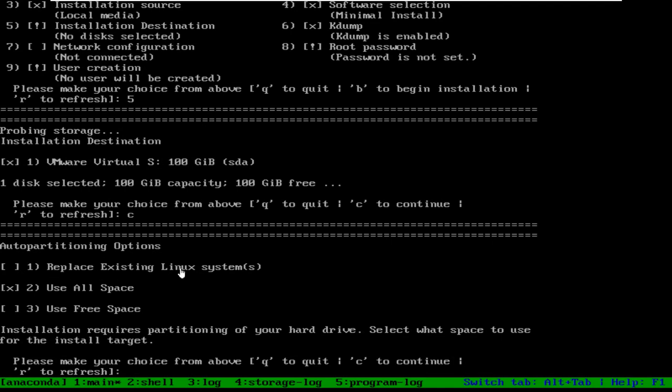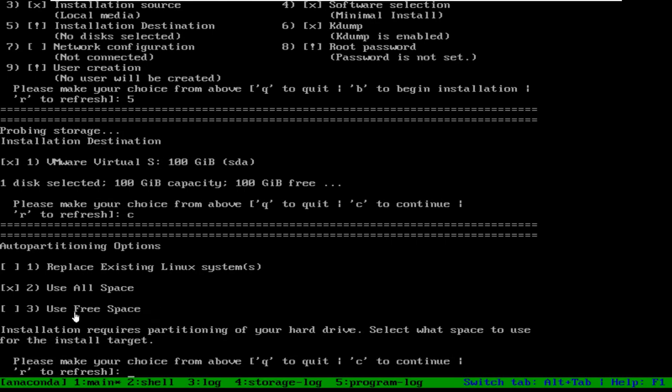First, replace existing Linux system. If you have already installed a Linux system, then it will replace it with this new one, but it is not selected. You can see why? Because this disk is empty and does not have anything. Second option, use all space, and this is selected. Why is it selected? Because we don't have any installation on the disk, the whole disk is free, so by default it selects all space. We can go for free space also.